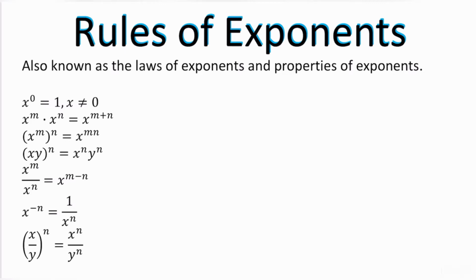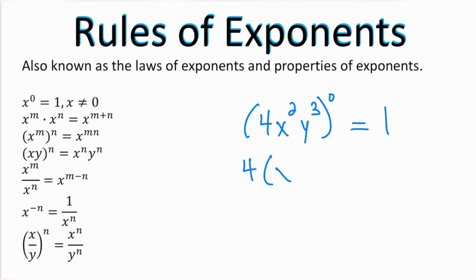So x to the 0 power is equal to 1 as long as x does not equal 0. What does that look like in terms of problems? Sometimes you're going to have a problem like 4x squared y cubed all to the 0 power. This is just equal to 1. If you have something like 4 times x squared y cubed to the 0 power, then notice the 0 power applies to everything inside of the parentheses, and so technically you're left with 4 times 1, so this answer is